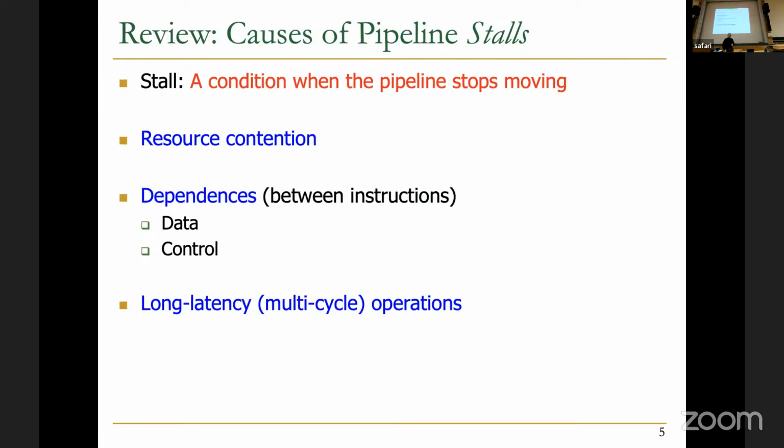And in pipelines, because life is not all beautiful all the time, at some point we need to stall the pipeline, and a stall is a condition when the pipeline stops moving. There are multiple reasons for that, such as resource contention, which you saw in the previous lecture, and also dependence between instructions, which can be data and control, and some long latency operations. Like you will see also later today for exception handling, and also some other stuff later, like